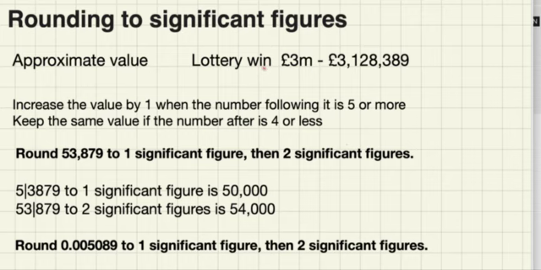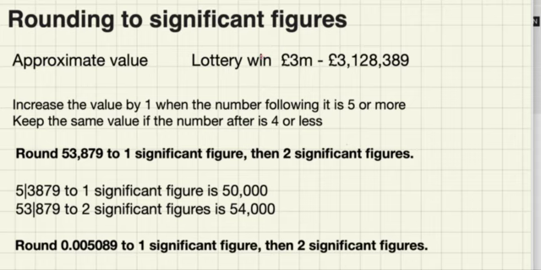Now, it's highly unlikely that they won exactly £3 million. It's likely they won a figure something like that. So, it's been rounded to a significant figure. And likewise, if you're trying to find your way to a town and you're driving, someone might say that town is 10 miles away. Well, it's unlikely to be exactly 10 miles, but people have rounded it to a significant value,